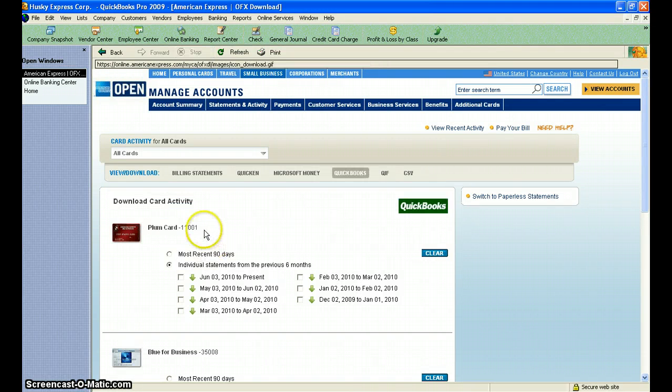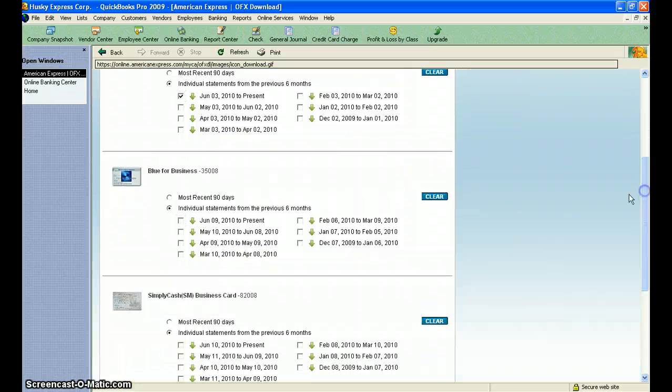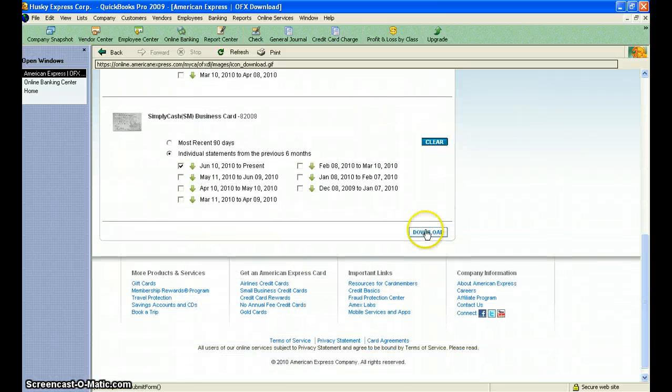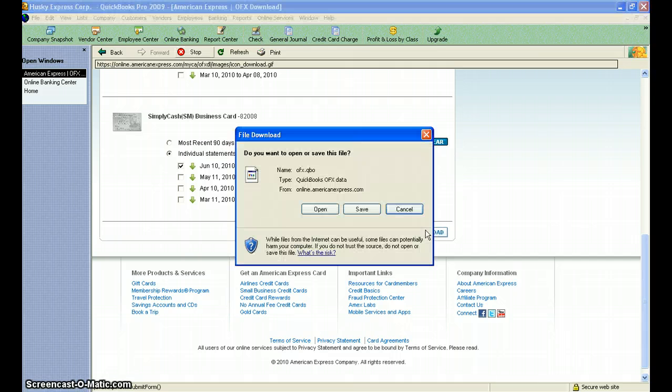Now, typically it would say since 6/11. Sometimes it doesn't always do that, so I'm going to do it since June 3rd, since June 9th, and since June 10th. They all happen to fit in that date range. It's pretty good at recognizing what's already been downloaded in terms of not re-downloading something, but it can make an error. I click open,